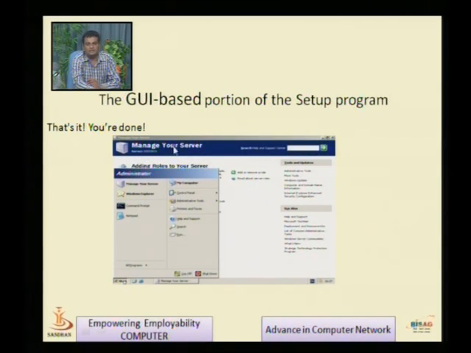So all these roles we can set here. By default it gives this screen, and you can assign roles after installation of Server 2003. Here is the Start menu, and all major information is available through the Administrative Tools. Look at my mouse pointer, isn't it? This way you can install, and the primary installation of our server is over.